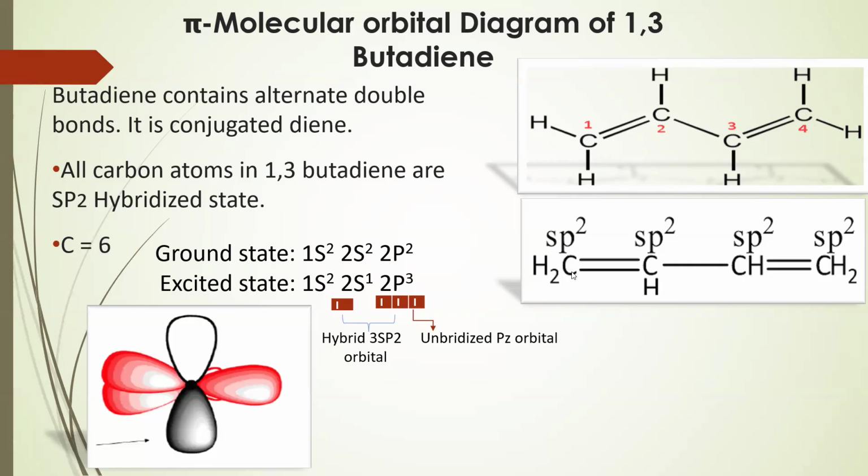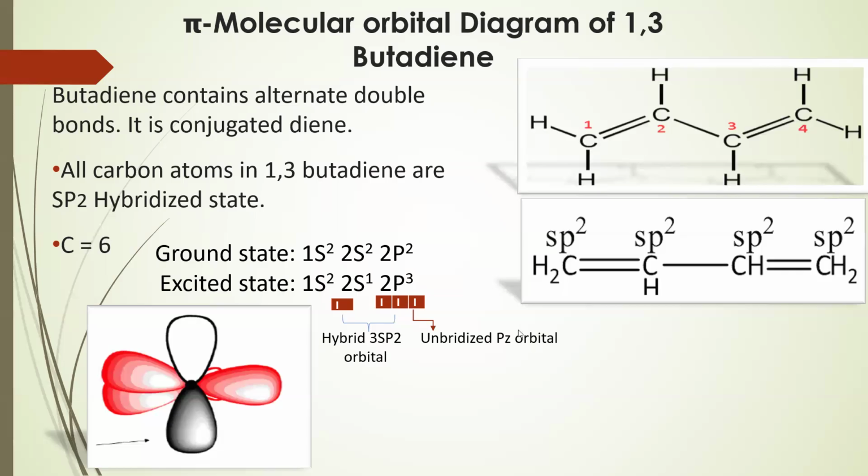In butadiene, each carbon is in sp2 hybridized state. We know that the carbon atomic number is 6. In ground state, the electronic configuration is 1s2, 2s2, 2p2. Excited state electronic configuration is 1s2, 2s1, 2p3. One electron is excited to p level. So, sp2 hybridization means one s orbital and two p orbitals combined together. It forms three sp2 hybrid orbitals, and now each carbon contains one unhybridized